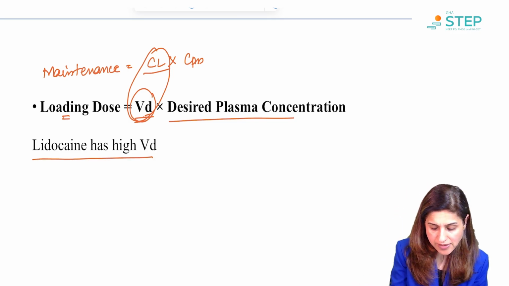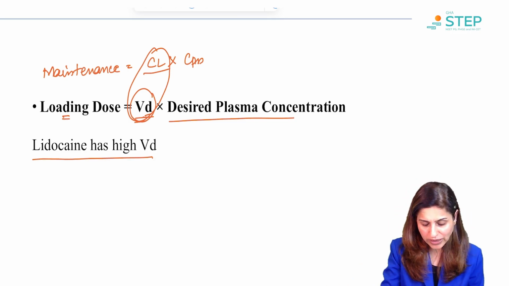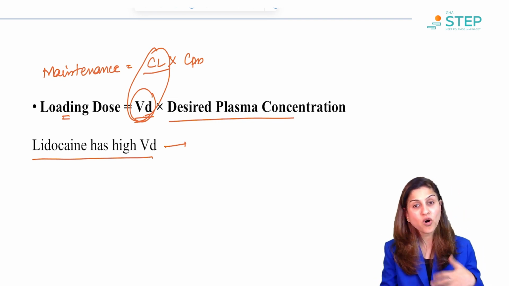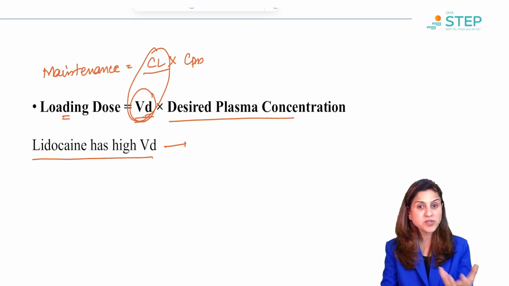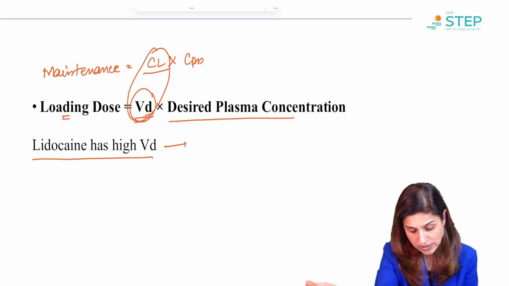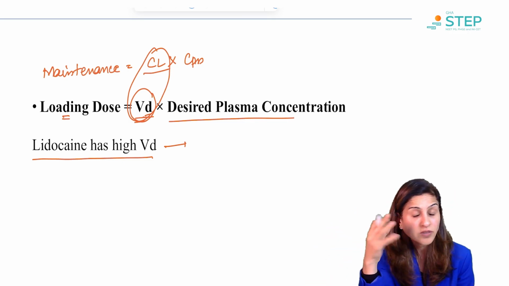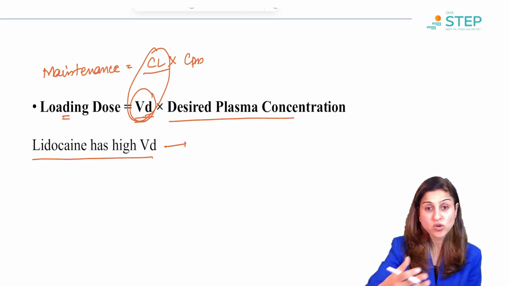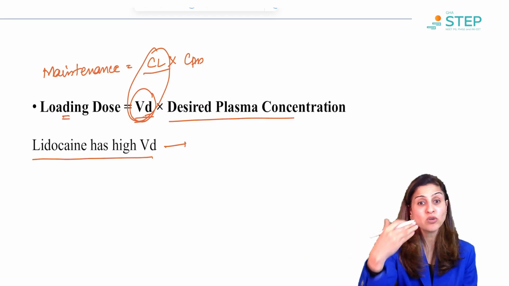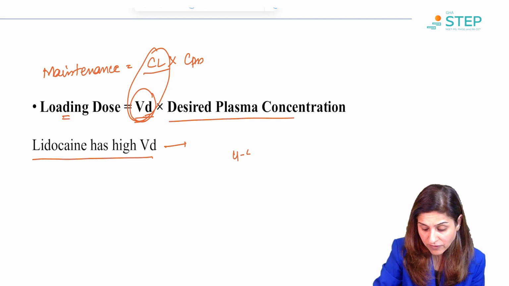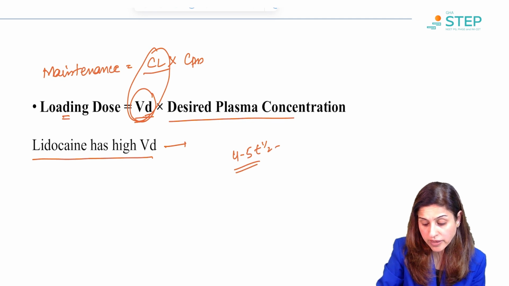Lidocaine actually has a high volume of distribution. It gets distributed into the various tissues, so you need a higher dose for getting the effect. Loading dose is usually required for drugs which have very high volume of distribution, or very long half-lives, and you want to give it in emergencies. You can't wait for half-lives, like digoxin with a half-life of 40 hours or so. When you give it in an emergency, you want the action immediately. You know that 4 to 5 half-lives are required for a drug to achieve steady state levels, that is, the plasma concentration.